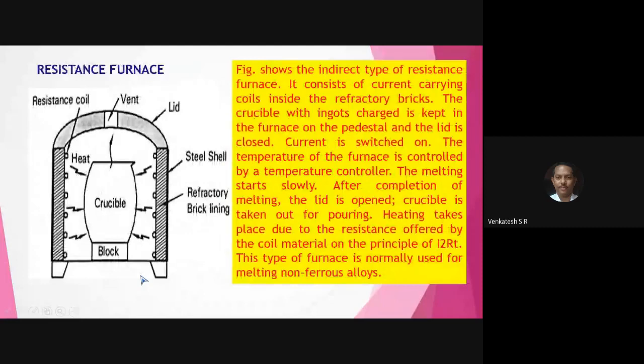Now you come to the point. Many question papers have this question. Now you write down resistance furnace. Write down the rough diagram of the resistance furnace. And I told all of you to keep a thin-size notebook and pen along with you.